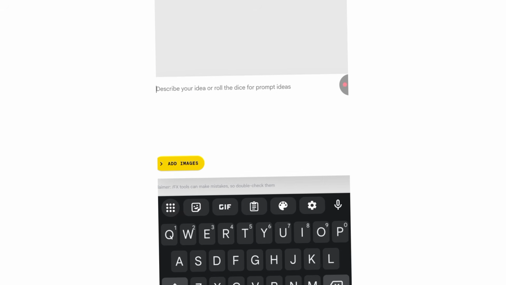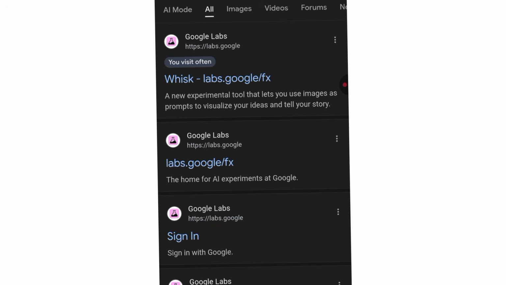One thing about Google Whisk is this: you can describe what you want. You can generate your images, and you can turn your images into video. You just describe what you want. After describing it, at the left hand side, you see a camera icon. You click on it to turn your image into video.